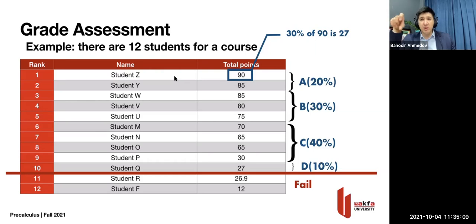This is how the grades are assigned automatically for all of the classes in the whole university. Okay, except ICT tools, because it is a pass-fail course. For all of the subjects where you're going to get A, B, C, D, the grades are assigned automatically like this, by the system. No one can influence this.